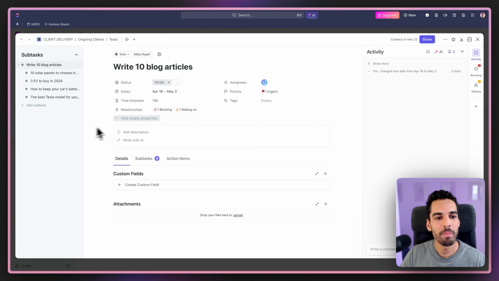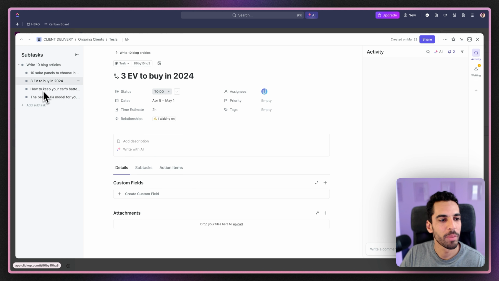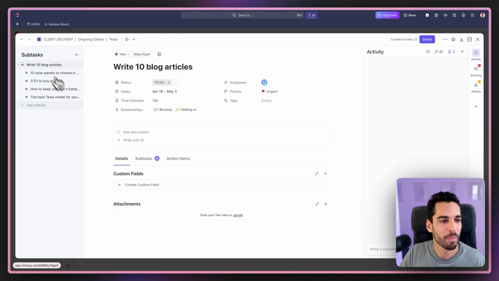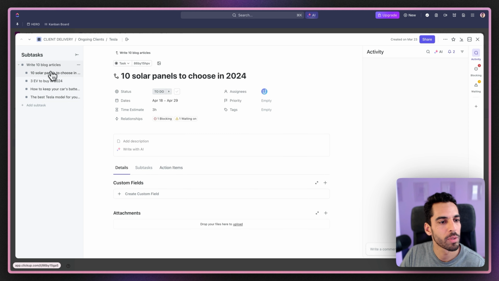There are 3 main areas to the task here. The left one is going to be your task levels, and that's the main task and the subtasks that are below. So if you go into a subtask, you can easily navigate between subtasks that are on the same parent task or go back to the parent task. I found that super useful. It's a pretty new feature that they've put in, and that's definitely a game changer when it comes to navigating